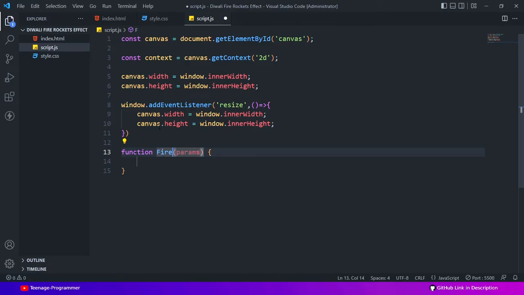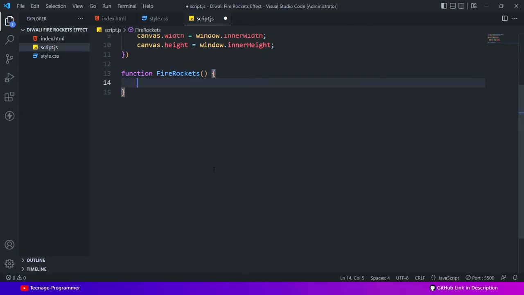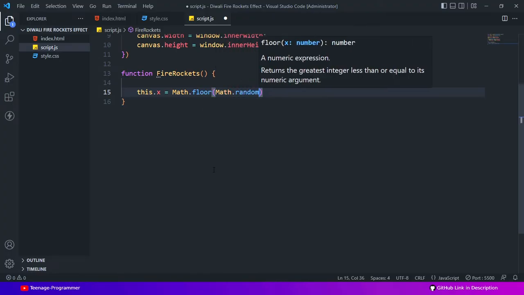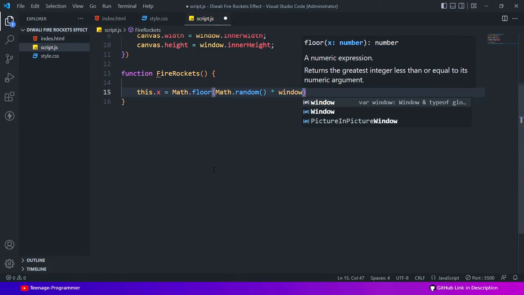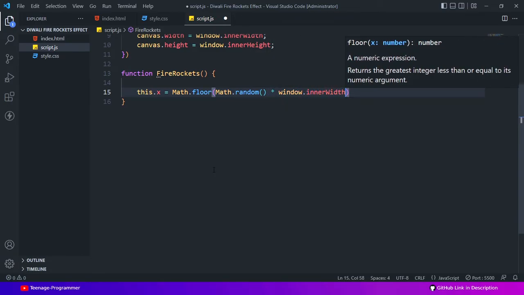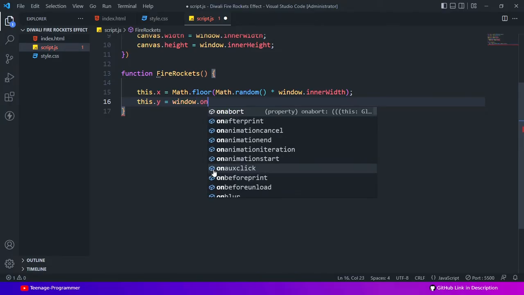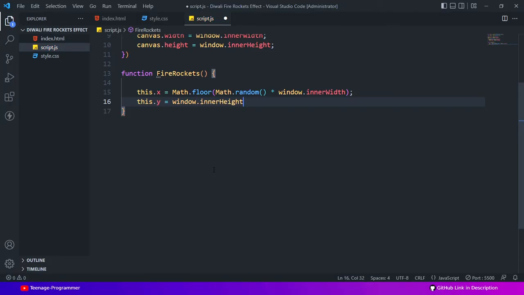Now, creating a class for rockets. This y is constant for every rocket as they would start from the bottom.